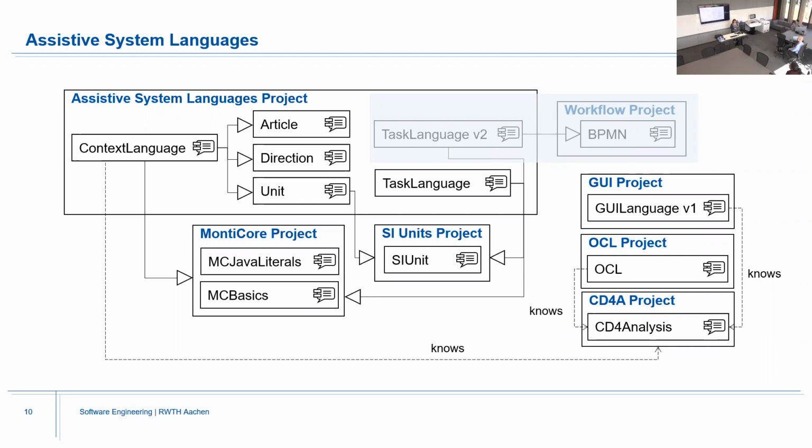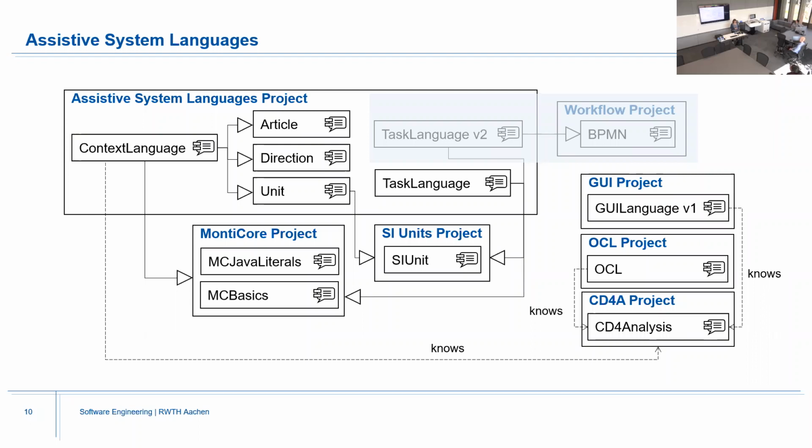We have our own units, which you can use in this context language, which are an extension of the SI unit language component, which provides all the typical units that you have, like meters and others, but several of them were not in there for our use case, so we had to add our own units